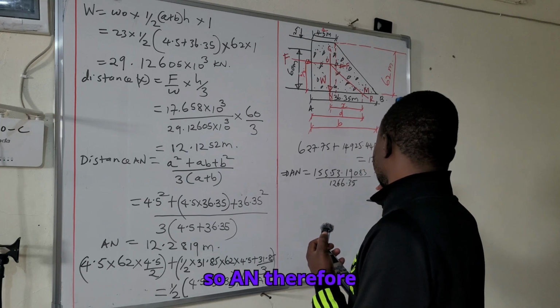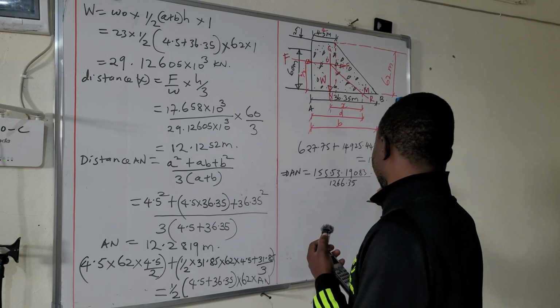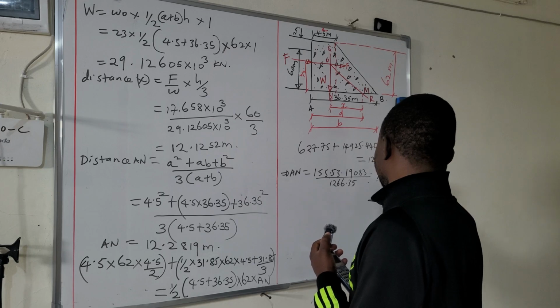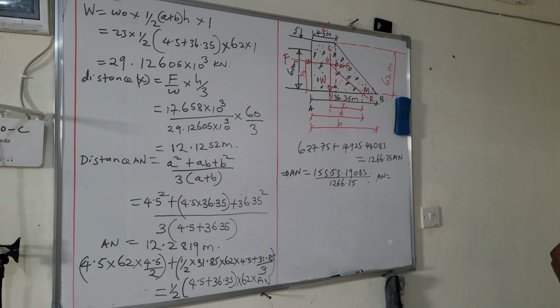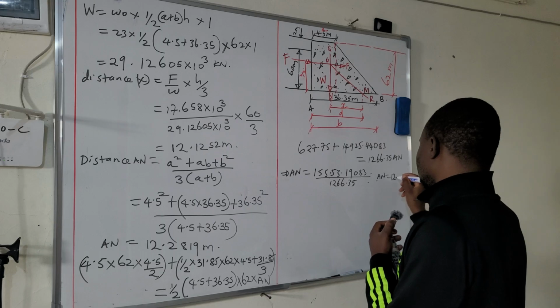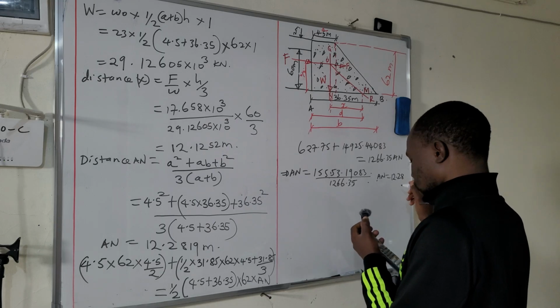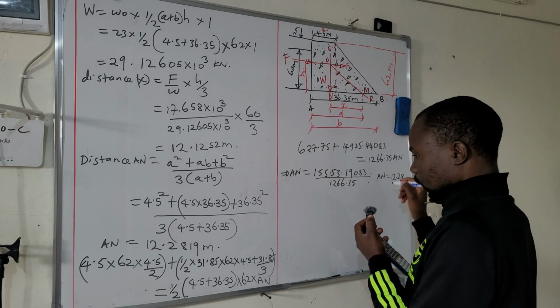So AN, therefore, AN is equal to 12.2819